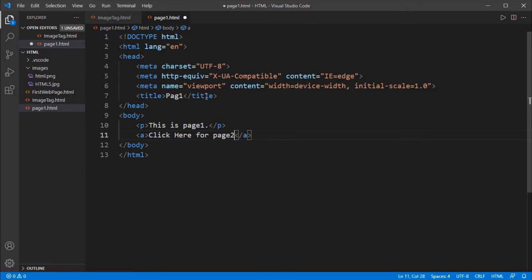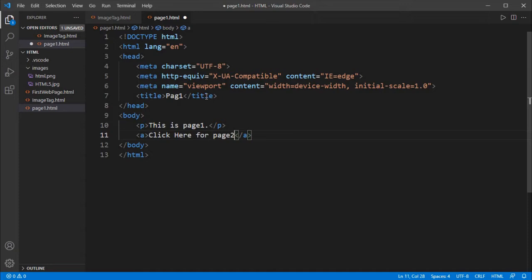If you simply write text in between the anchor tags, it just acts as a placeholder, which means the text displays on the web page only. There is no hyperlink attached to the text.